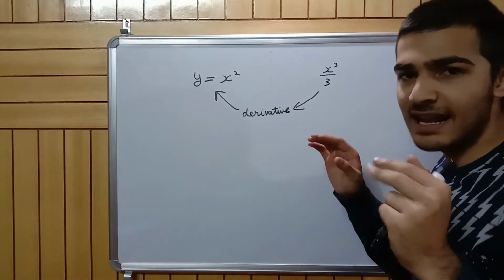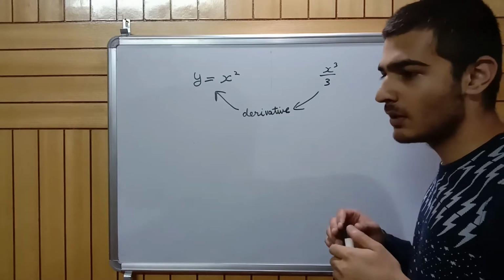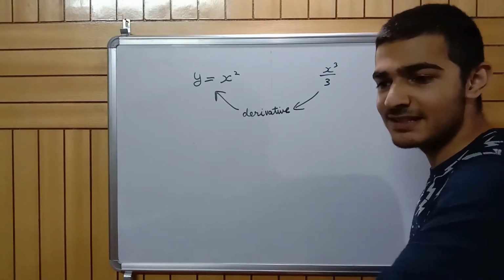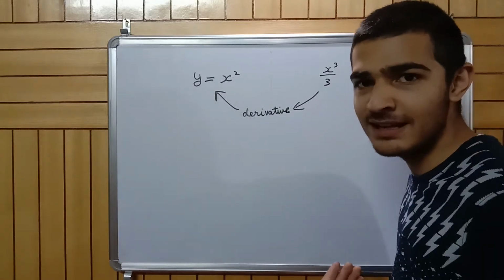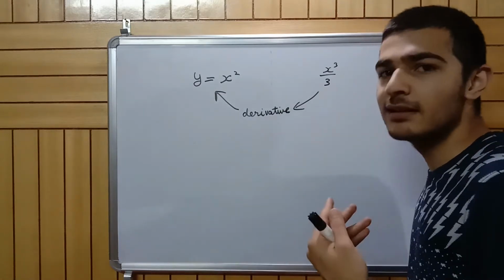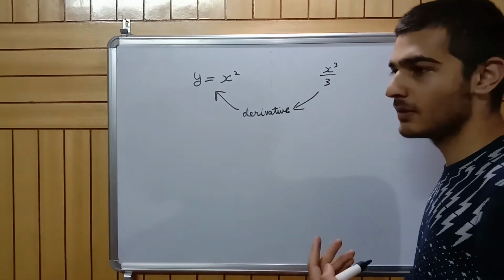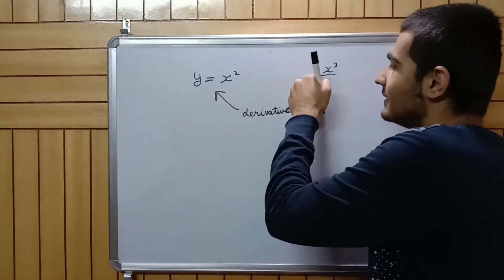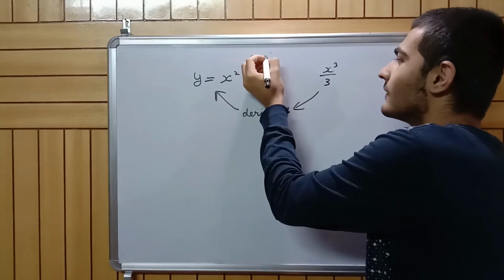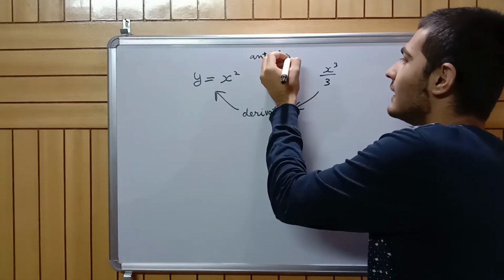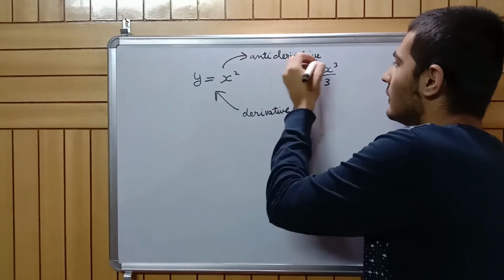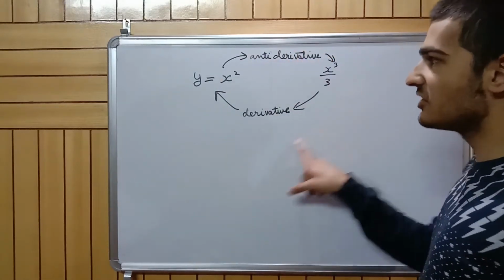So son and father are opposites in meaning. Or I say she's my sister, shooting the video here, but she will not call me her sister. She'll call me her brother. So brother and sister are again opposites. It's the same way: if this is its derivative, this is its antiderivative. So clearly opposite. Now I differentiate this to get this.